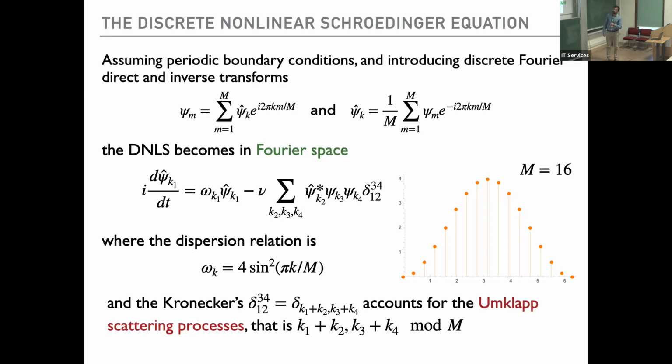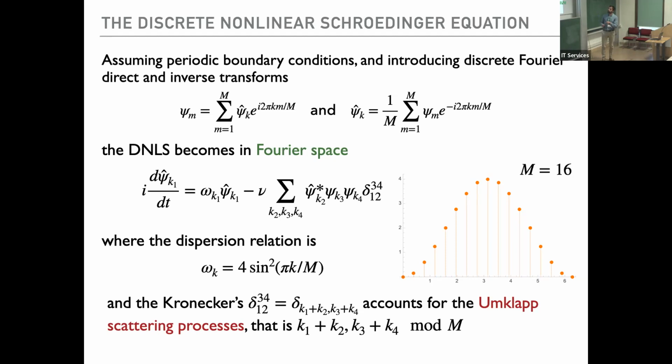And then the nonlinearity of the model will give you this extra term in here, telling you immediately that the mode k1 will have interaction with the other three modes, k2, k3, and k4. In particular, you have a two mode going into two mode interaction. And this interaction must satisfy something like the conservation of linear momentum. But in here, the system is discrete.